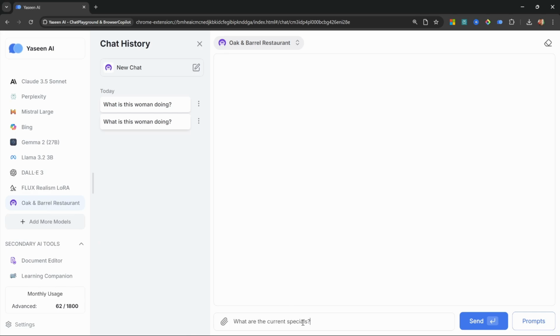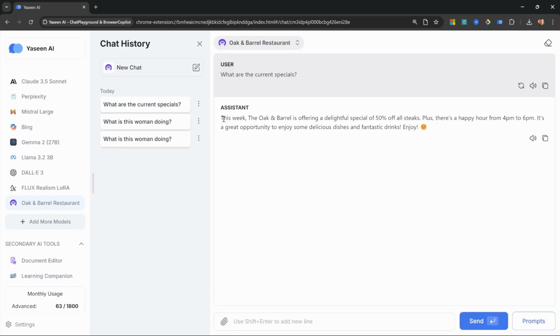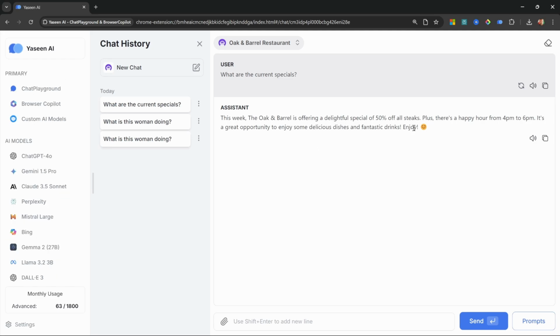And this time I didn't have to upload the file, as this information is now baked into the model's knowledge base. And we do get the correct response back. Great. Now let's have a look at one of the more important features offered by Chat Playground, and that is